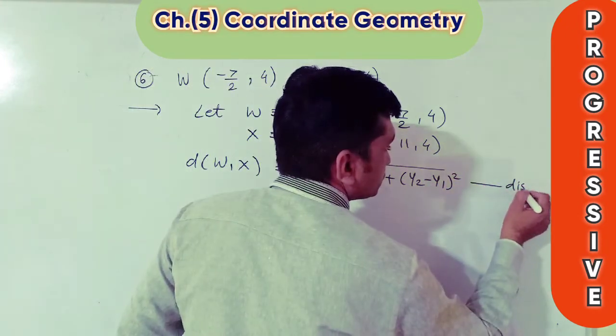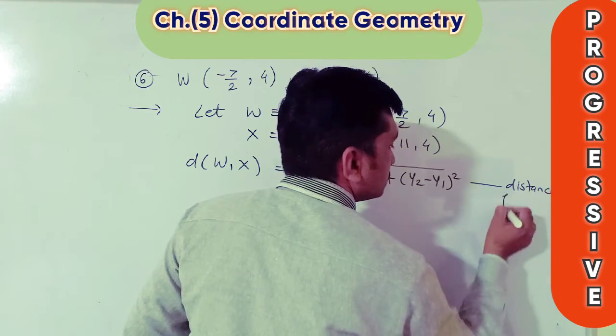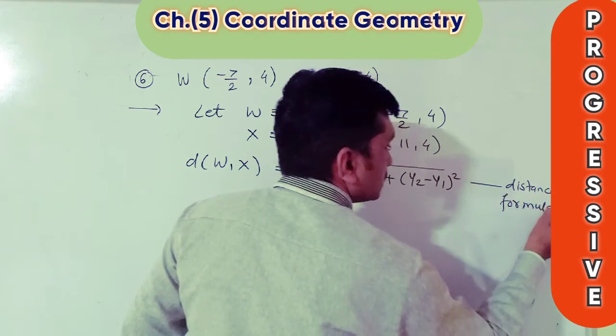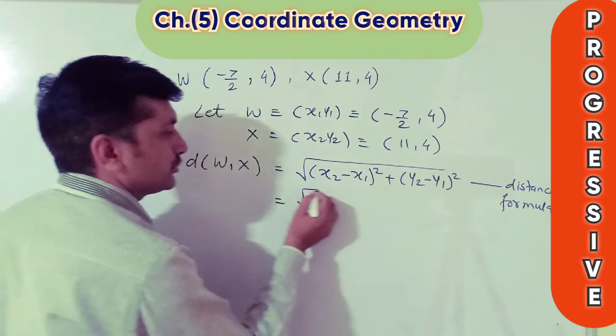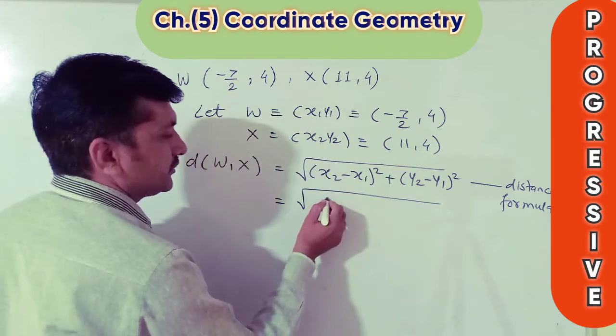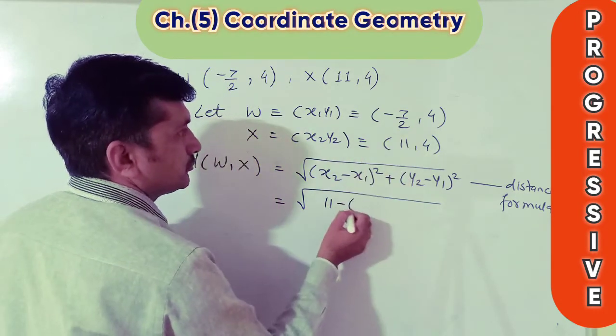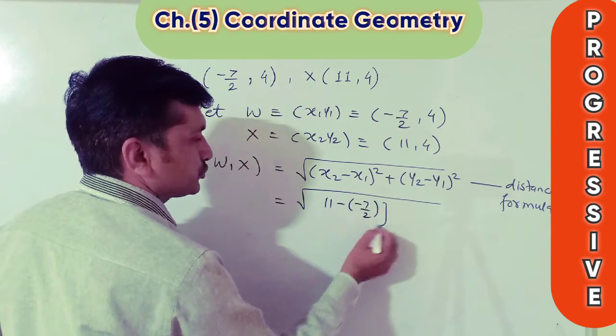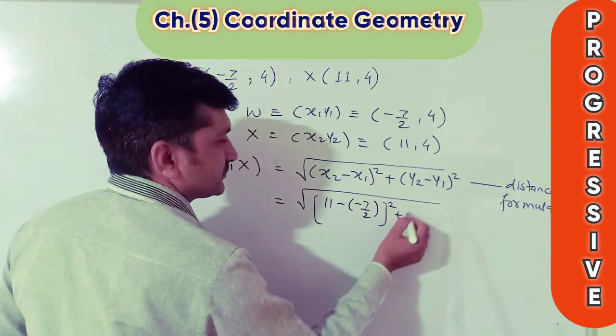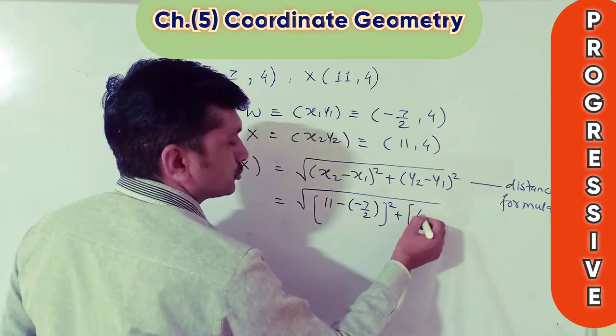By distance formula. Now put values. Square root of (x2 11 minus x1 minus 7 upon 2) bracket square plus (y2 4 minus